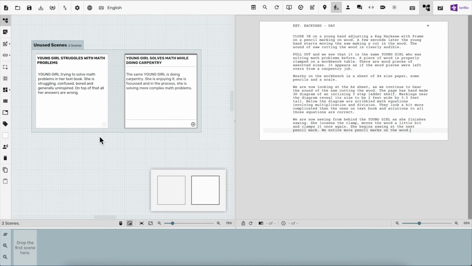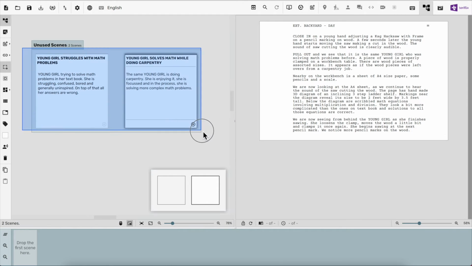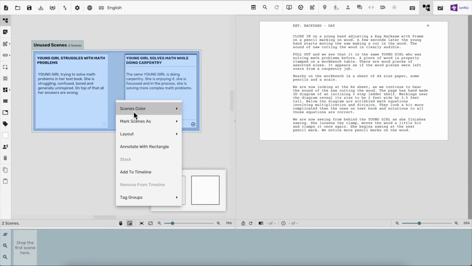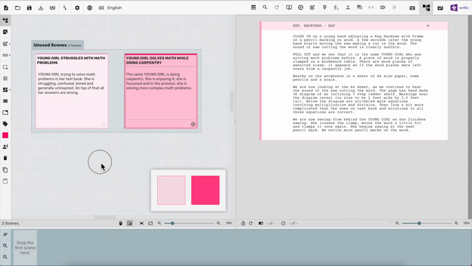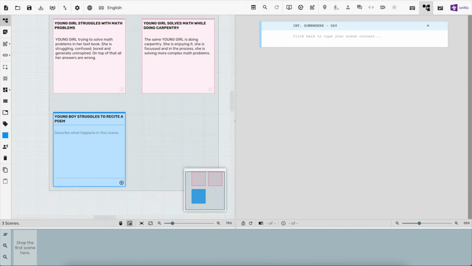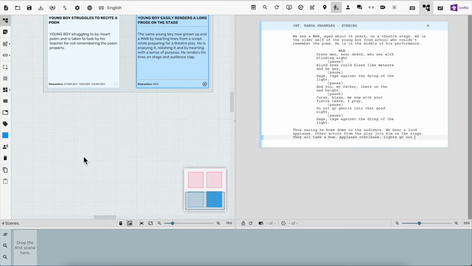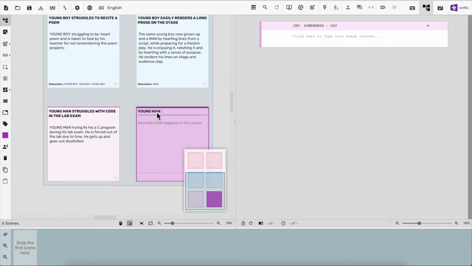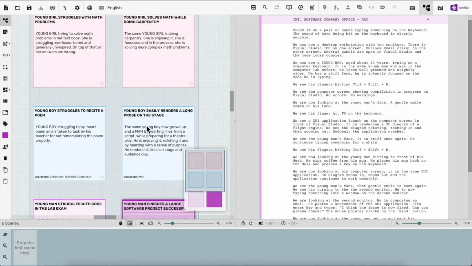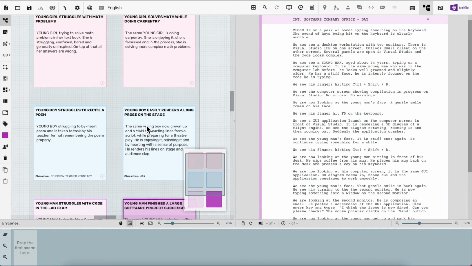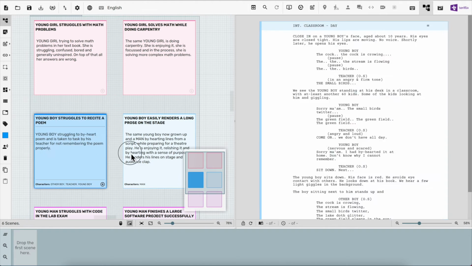Now I'm going to color code these scenes. So I'm going to click on this icon, select both of these index cards, right click and select color for the index card. Let me create before and after scenarios for each of the boys. Now we have 6 scenes,